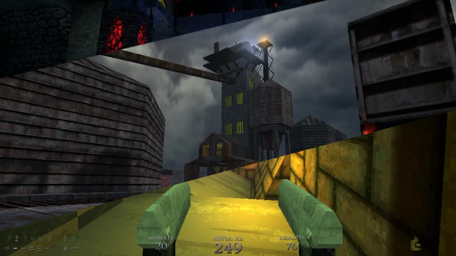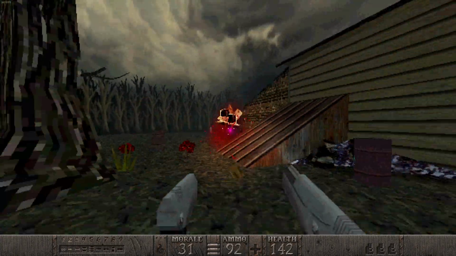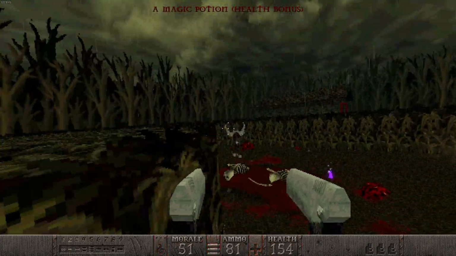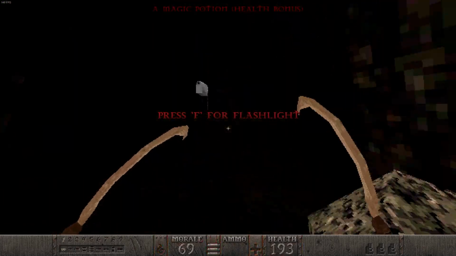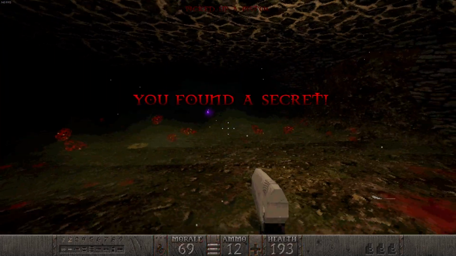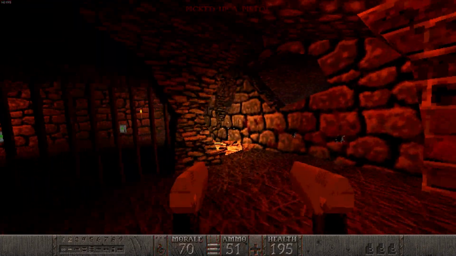But that's not why we're here today. We're here for the dual wielding. Right from the first room, or later if you miss this painfully obvious secret, you are given a single pistol, but not for long. It's shortly joined by its buddy in the second room, or later if you miss this